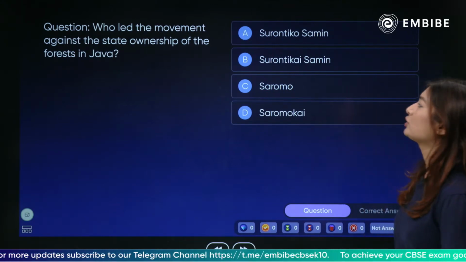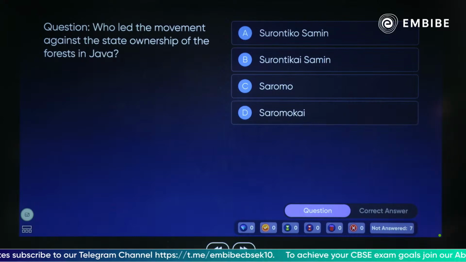Yes, okay, quickly answer this question. Who led the movement against the state ownership of the forests in Java? Surontiko Samin, Surontikai Samin, Saromo and